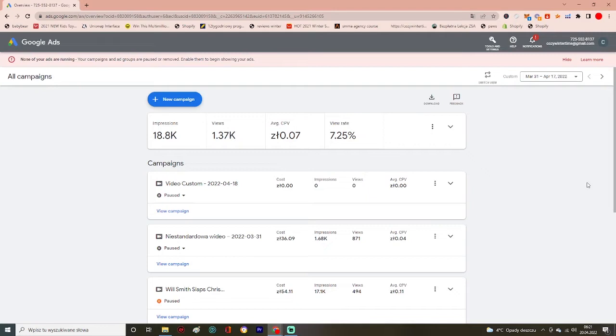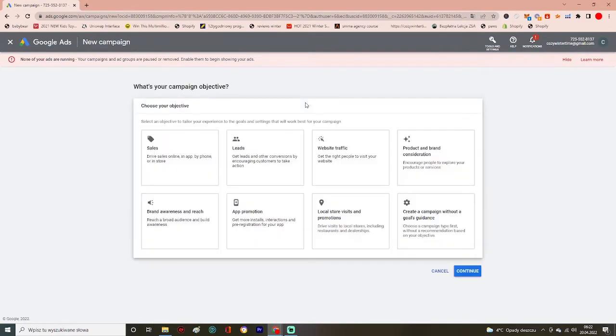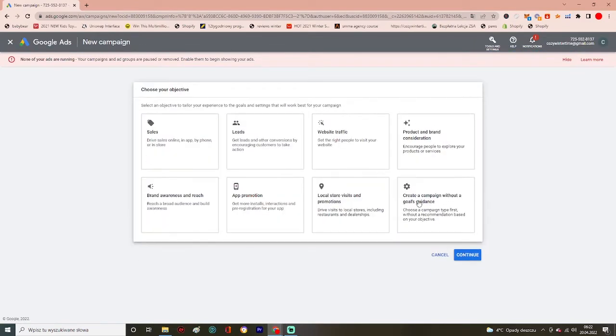Here I'm just going to show you how to create the ad campaign. So if that's cool with you, let's jump straight into it. First thing we need to do here is to create a new campaign. So we've got to click on new campaign. Here we're going to click on the last one, which is create a campaign without goal guidance,